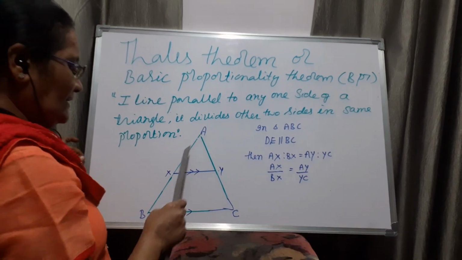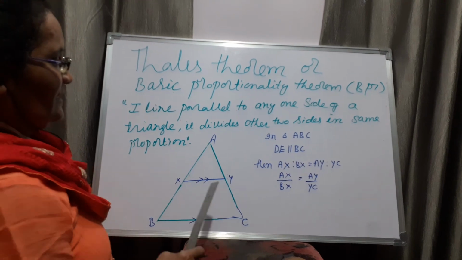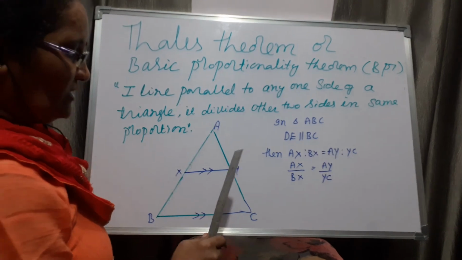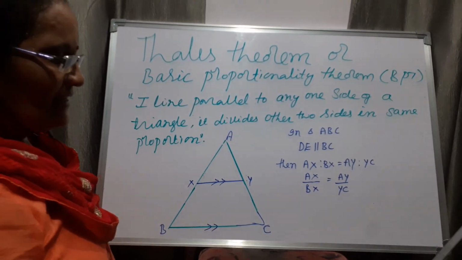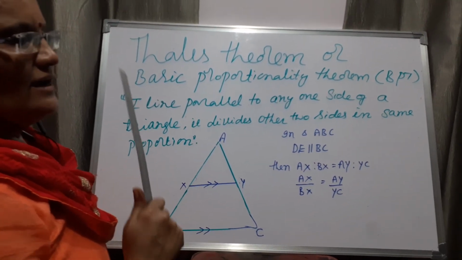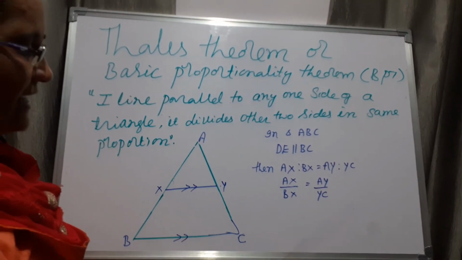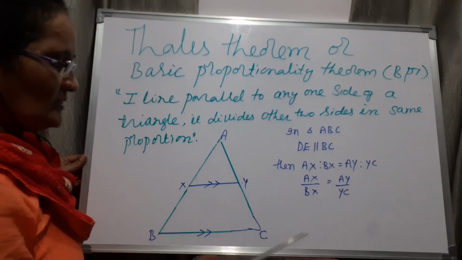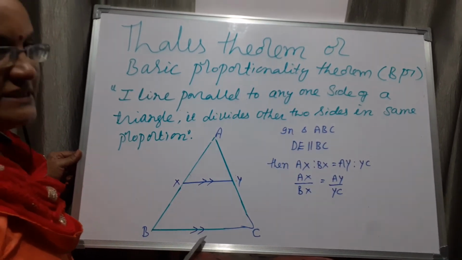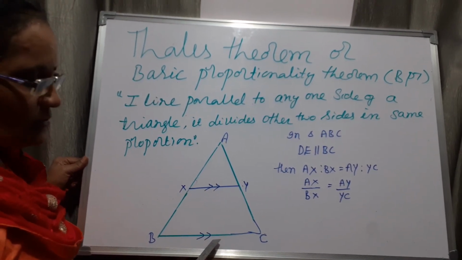See here, in triangle ABC, it is one triangle. The line XY is parallel to BC. And one more thing, ABC is not necessarily an equilateral triangle. It is any triangle, either isosceles or equilateral, or different triangles are there, no? Acute triangles, like that. Now, ABC is one triangle. Here XY is a straight line. It is parallel to BC.